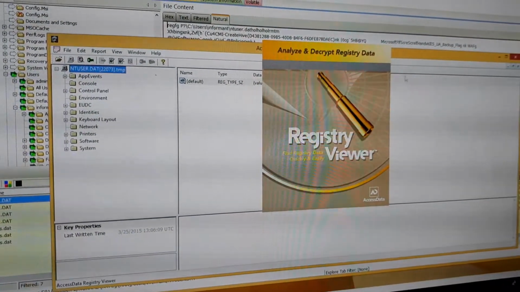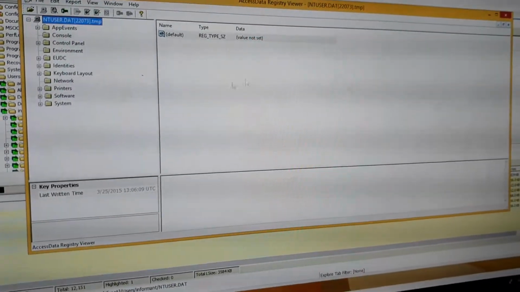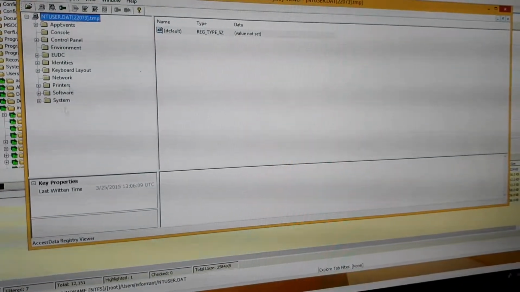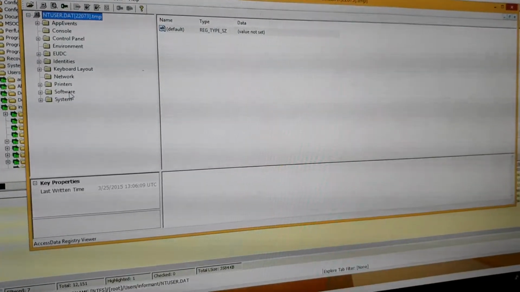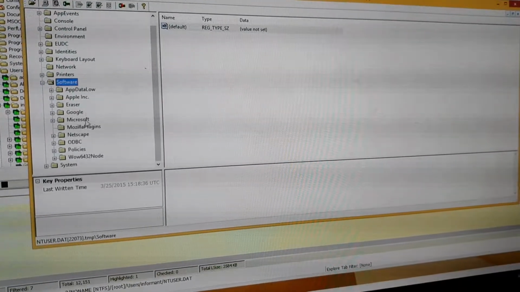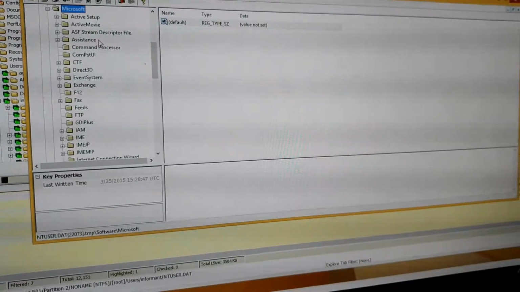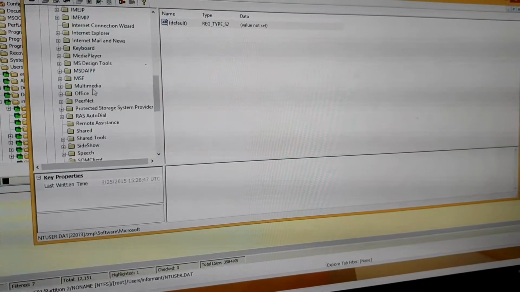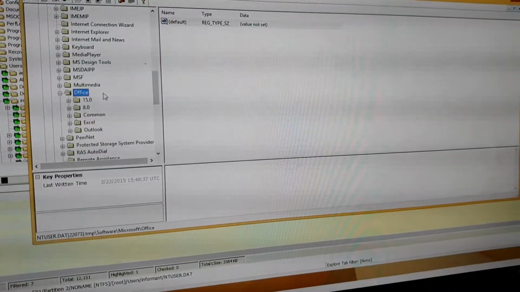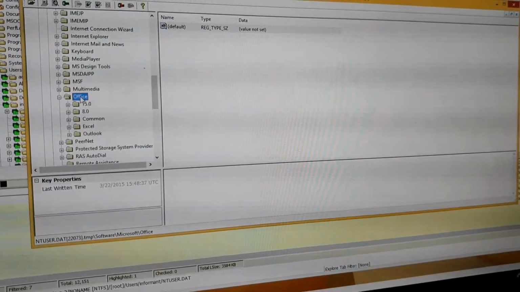So we just let it load. Okay, so once registry viewer is running, as you can see here, we have to go through these directories to find a file. In this case, we have to go to software, followed by Microsoft. And after Microsoft, we have to find this called Office. So over here,